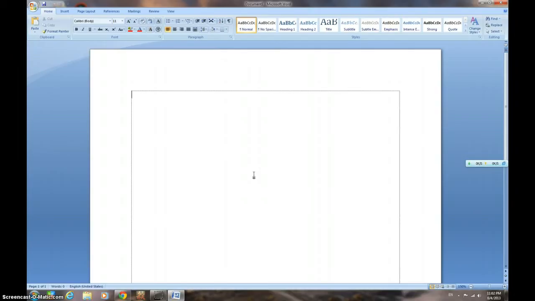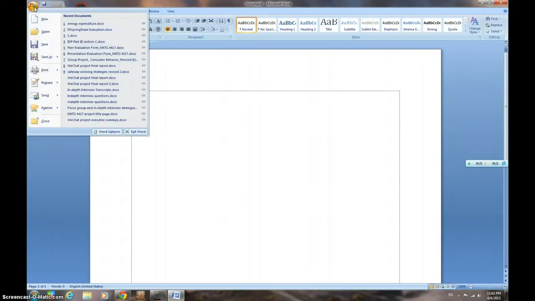And that'll start Microsoft Word. And this is a new blank document. If you want to start from scratch, this is how you start. Or if you want to open up a document that you have saved earlier using Word, you click on the Office button here and then click on Open,